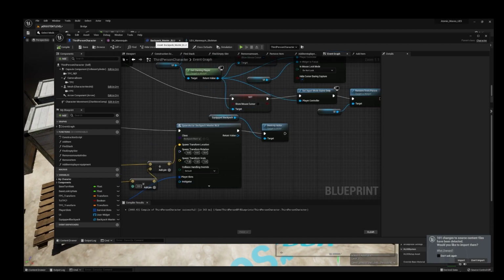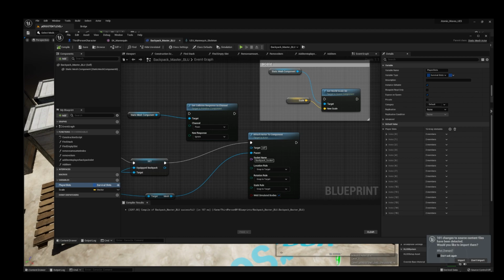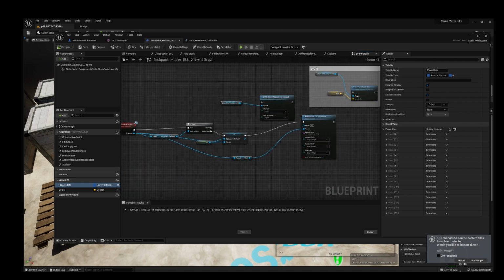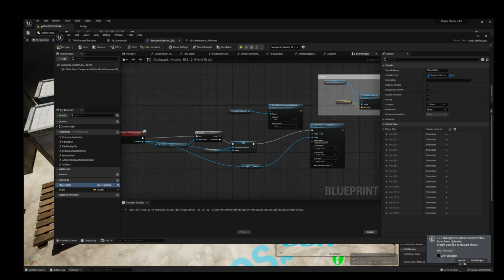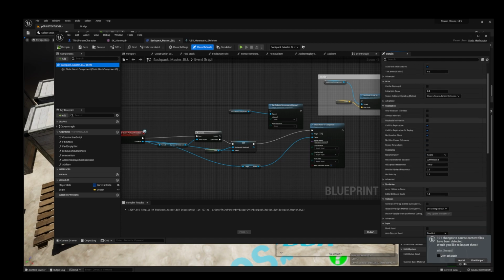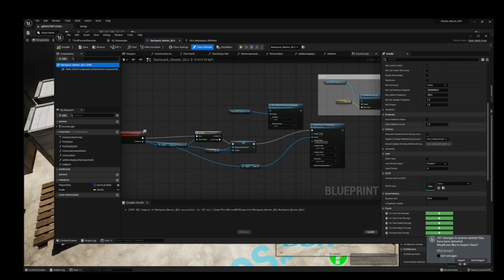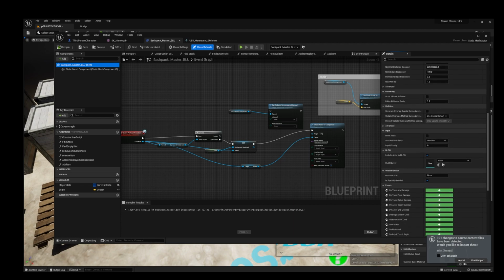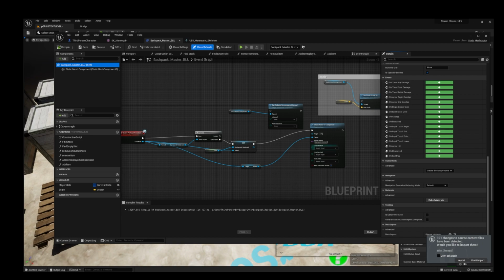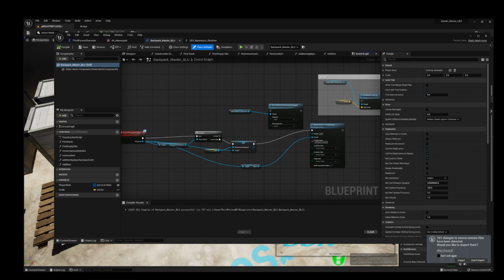Now, one last thing that I want to do: since all our items have physics in our world, we're going to go over to our Backpack Mr. Blue master here.